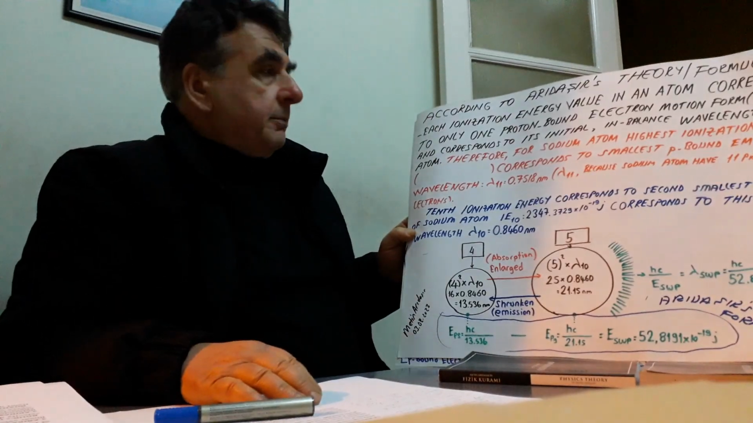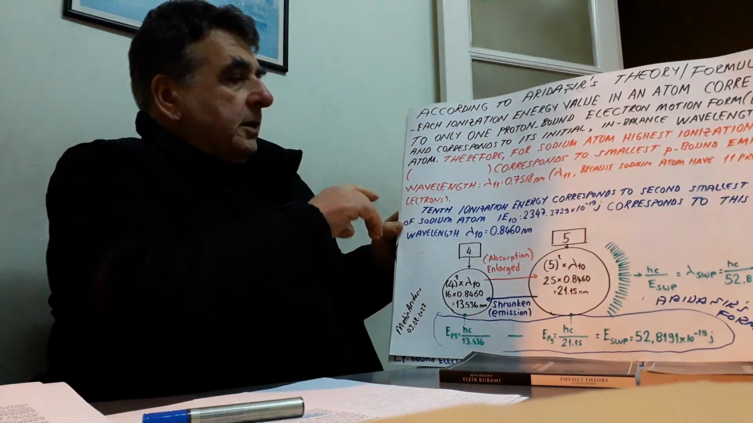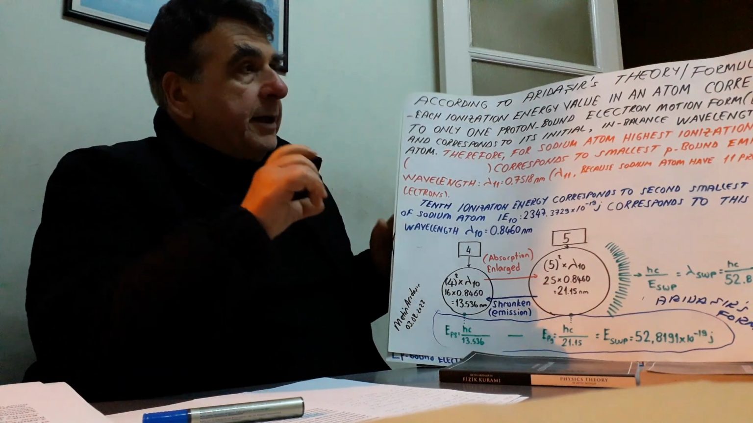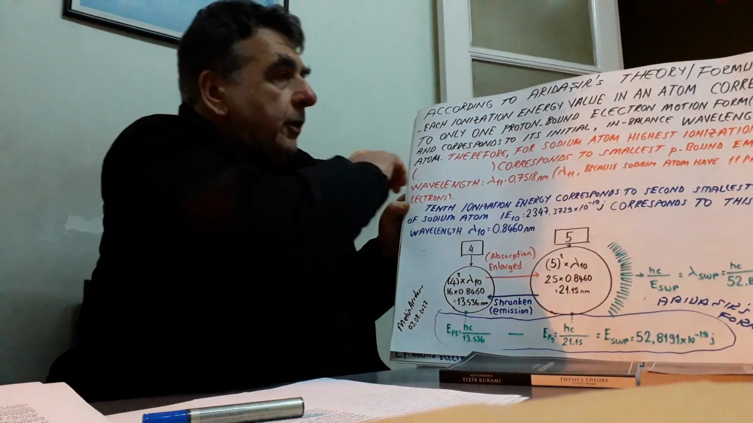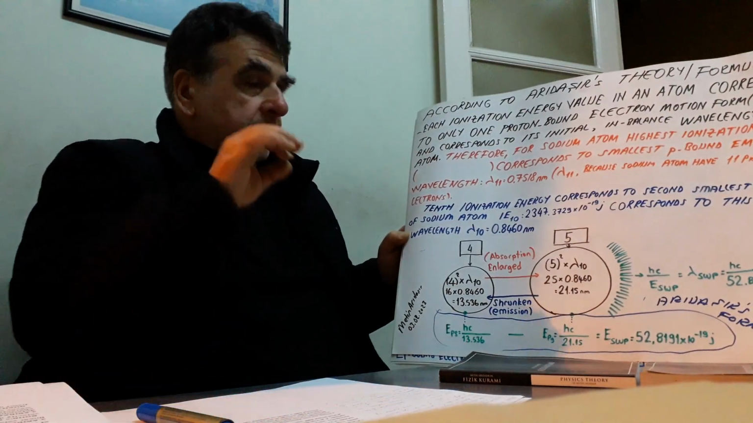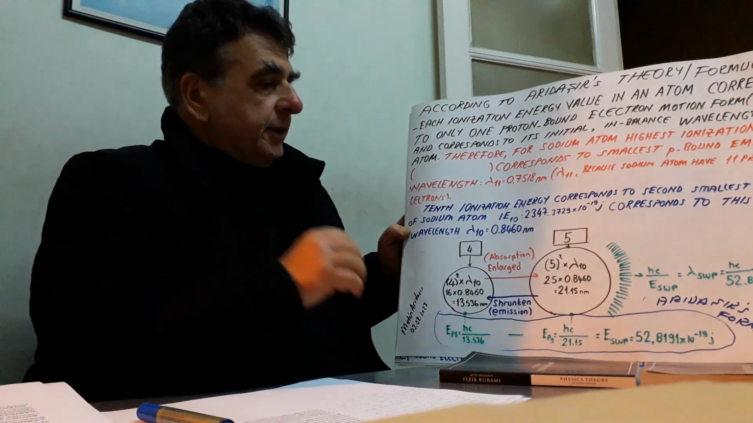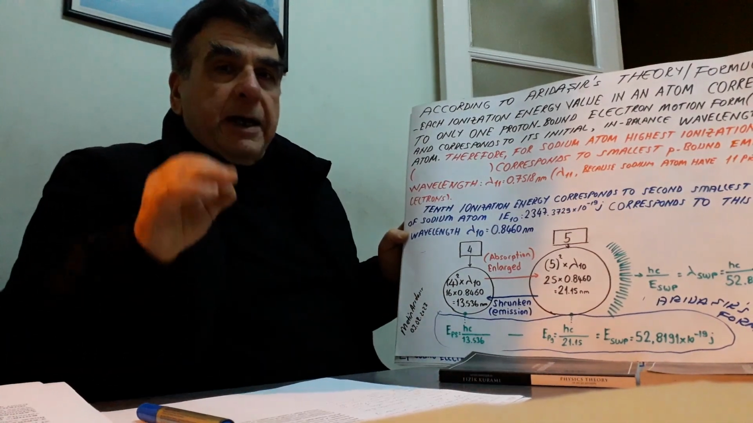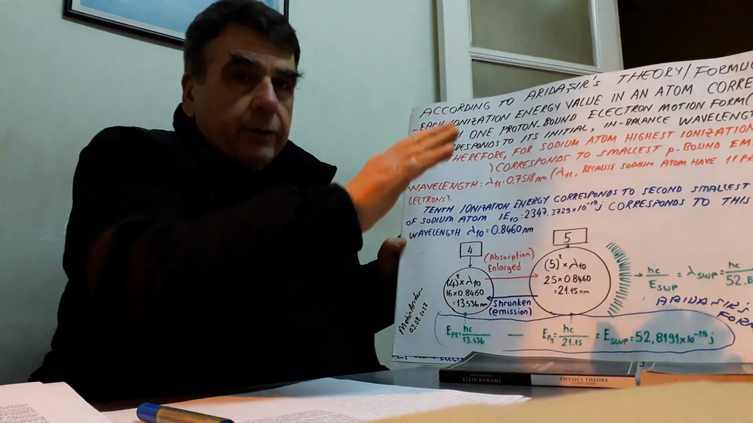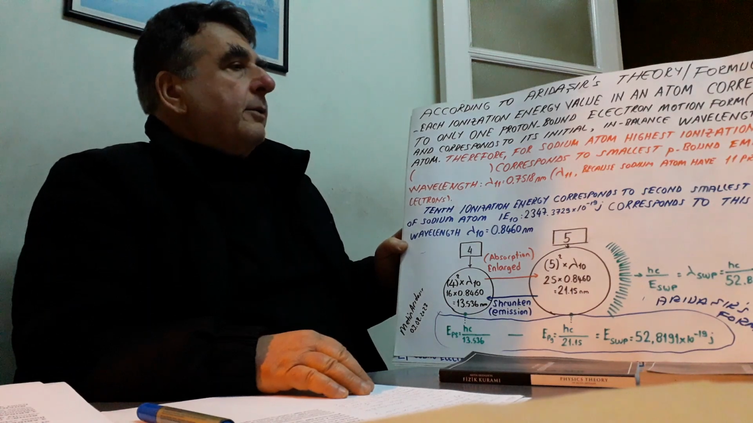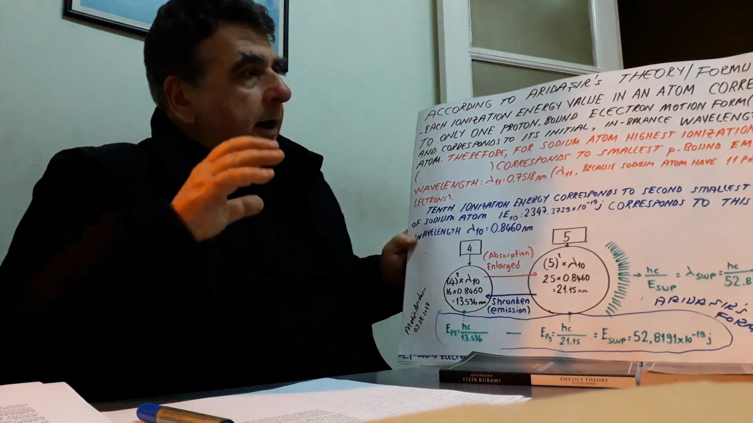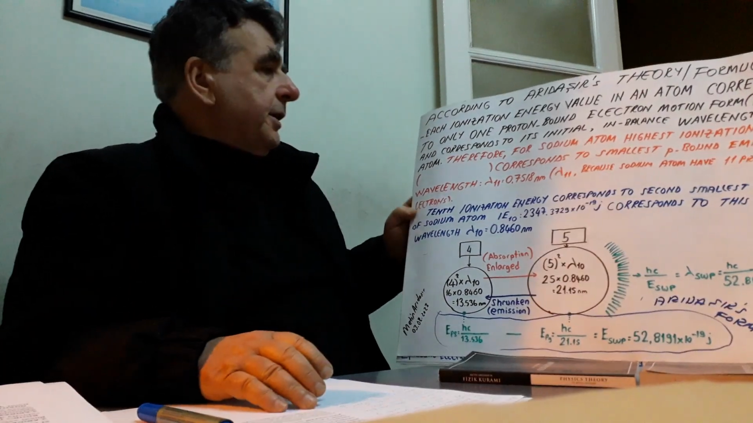According to my theory and my formulas, each ionization energy value in an atom corresponds to only one proton-bound electron motion form and corresponds to its initial imbalance wavelength in that atom. Therefore, for the sodium atom, highest ionization energy